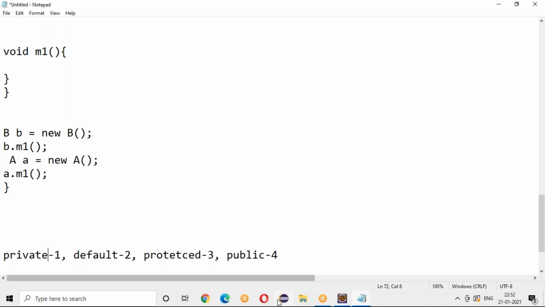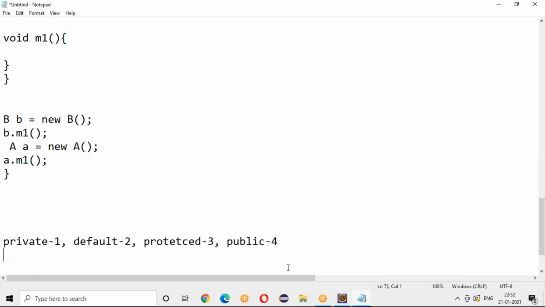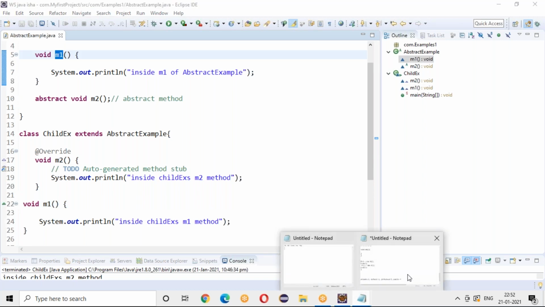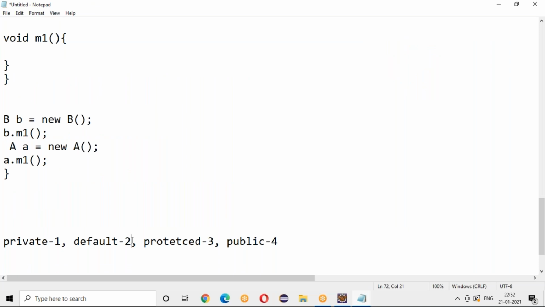So here the concept is, whenever you are trying to do the overriding, you are not allowed to reduce the accessibility. You can increase the accessibility or you can keep it the same. So the same thing here: this is a default. When you are trying to override the M1 method, you are keeping it as default. That is not an issue. But this default has an accessibility of 2, right?